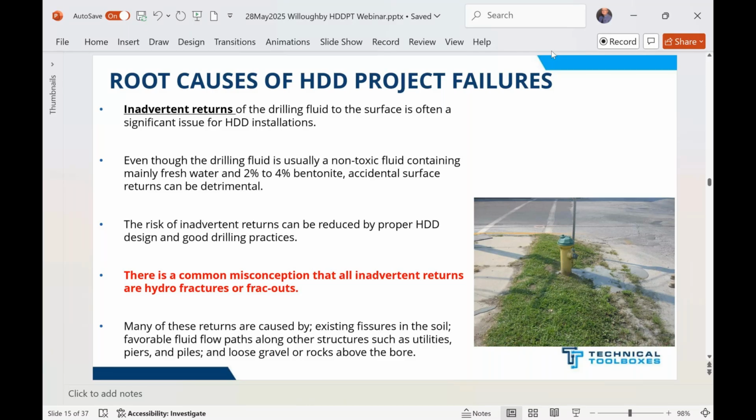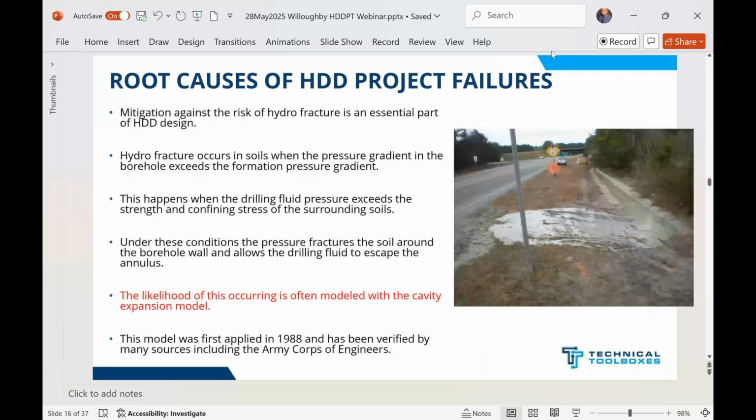Now, when we have a hydrofracture, that is when we put too much pressure in the hole. Every soil formation will hold a certain amount of pressure, okay? And we call that a pressure gradient within that hole. Well, hydrofracture occurs when the pressure gradient in the borehole exceeds the formation pressure gradient, okay? So if I've got more pressure in that hole than the formation will stand, that's when I'll have a frac-out